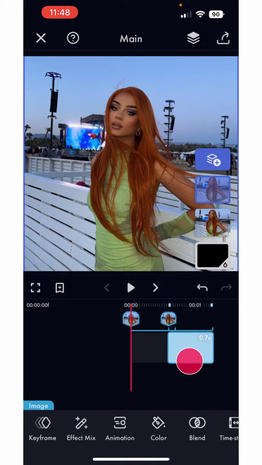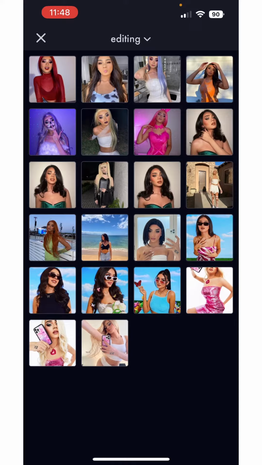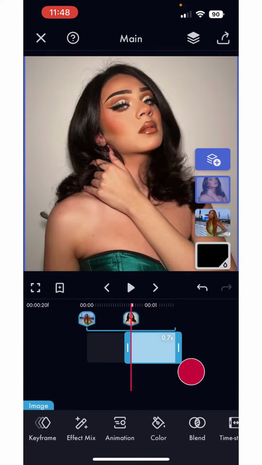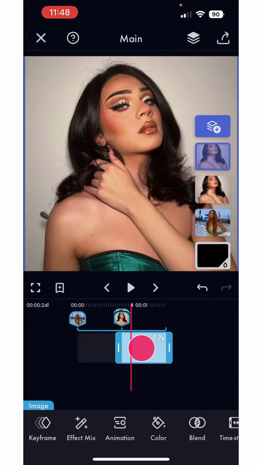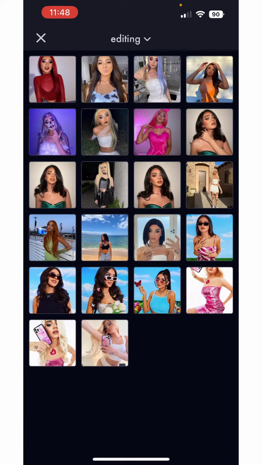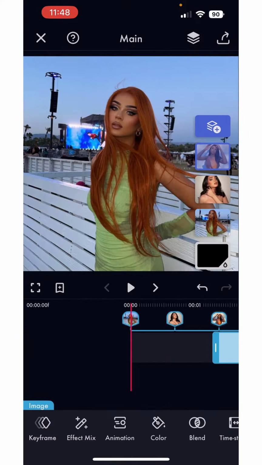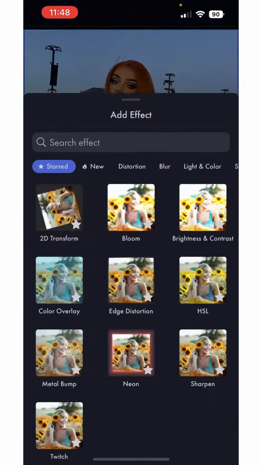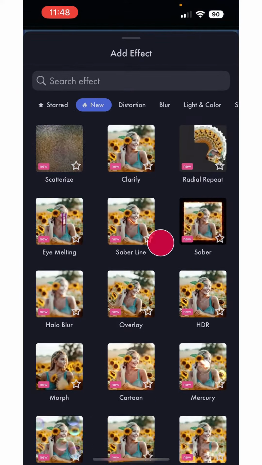And I'm just going to keep them at the same duration, so I'm just duplicating them. And I will replace the image. And then we'll do 3, just as an example. And that one. Okay, so where you find it is you go to Keyframe, Add Effect, scroll until you see